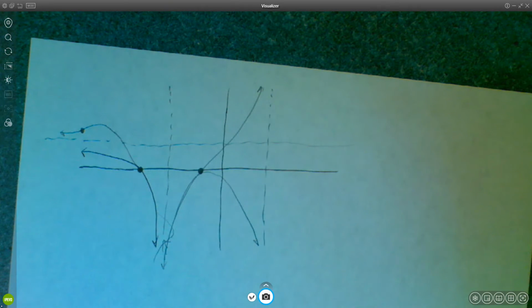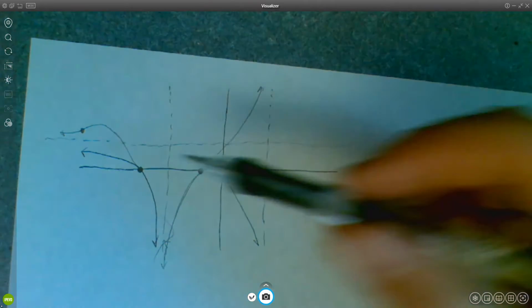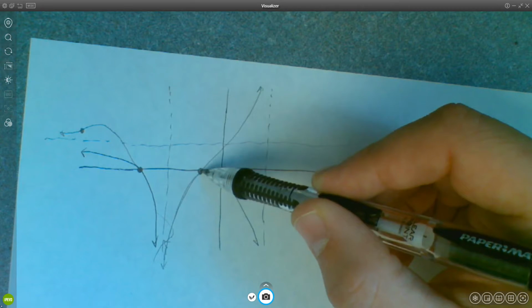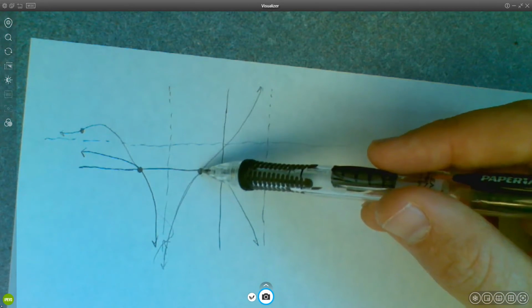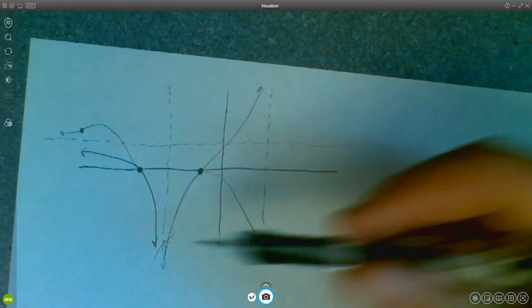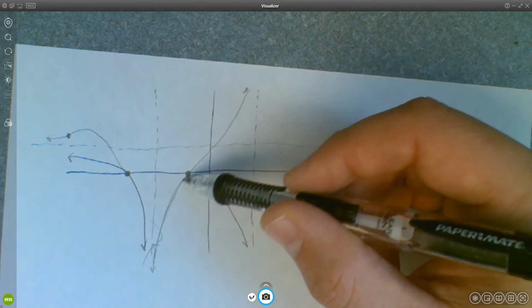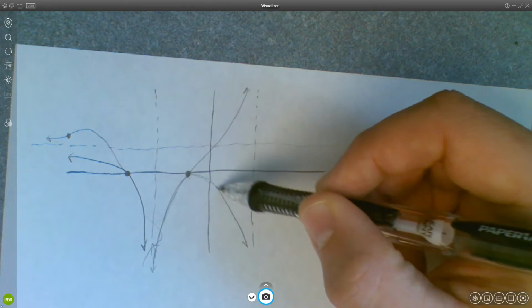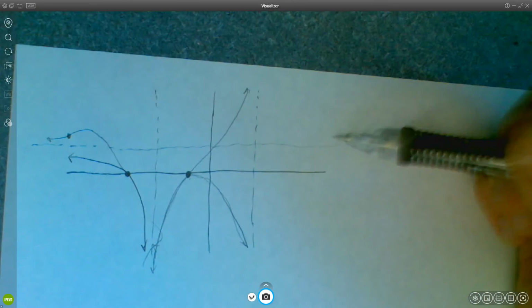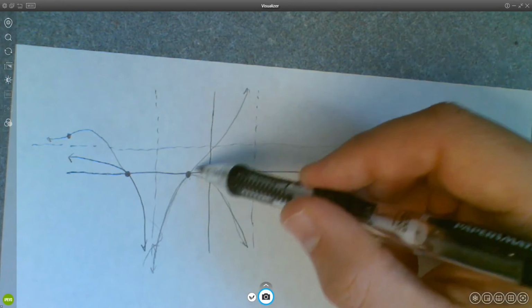But then you also have some information about this zero: was it an odd multiplicity or an even multiplicity? If it's an even multiplicity, then we have the bottom case, because it touches but does not cross the x-axis. So it would have to do that. If it's an odd multiplicity, then it's going to cross right through, and you'd have the